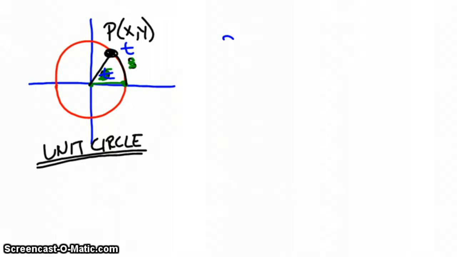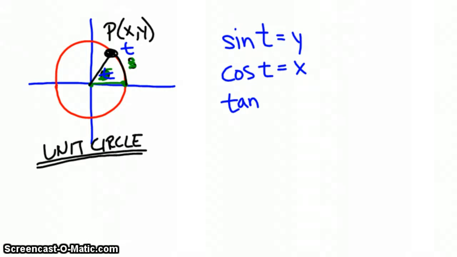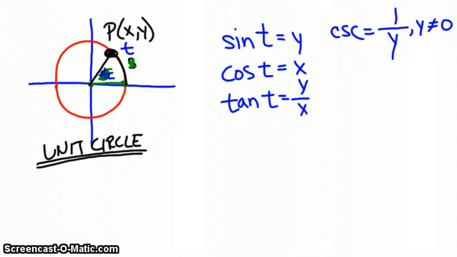So if I know that the sine of my angle is my y value and the cosine is my x value, then from that I can continue on and determine the other four trigonometric functions. Cosecant is 1 over y. But if y is 0, the cosecant would be undefined, so we identify this as when y is not equal to 0. The secant,